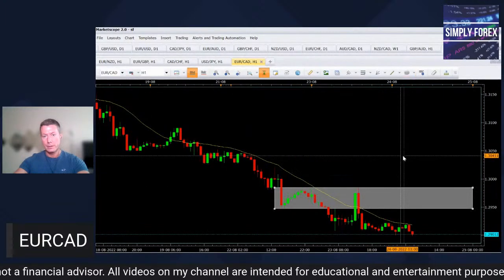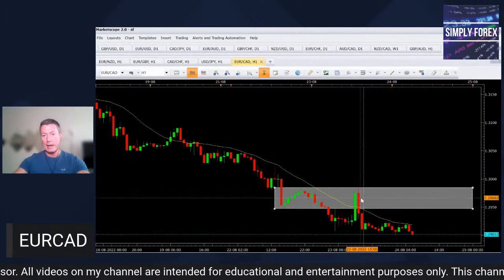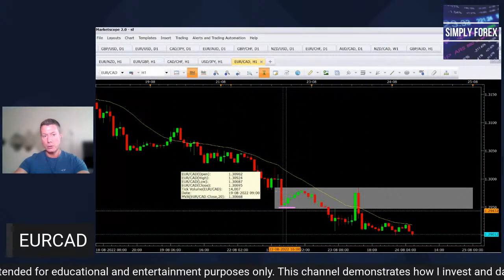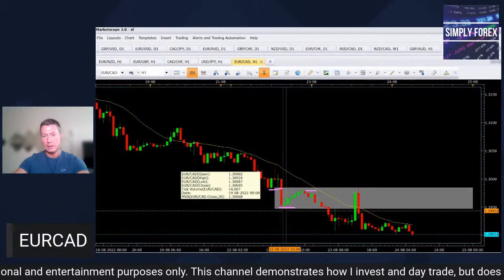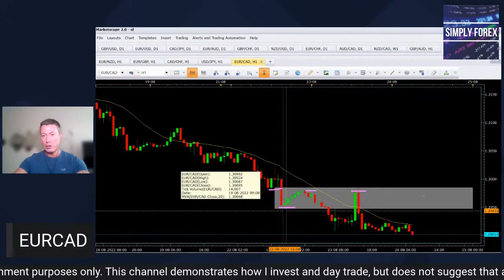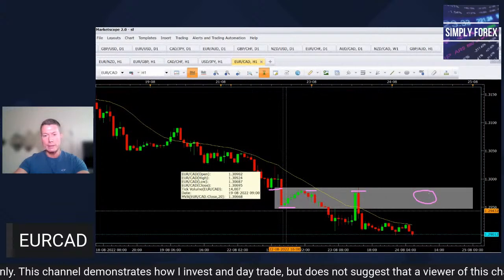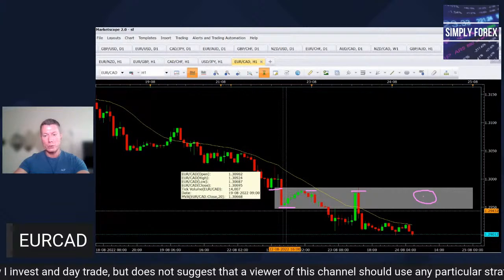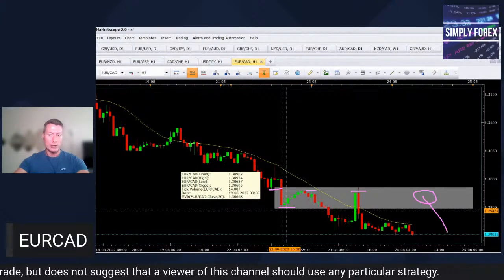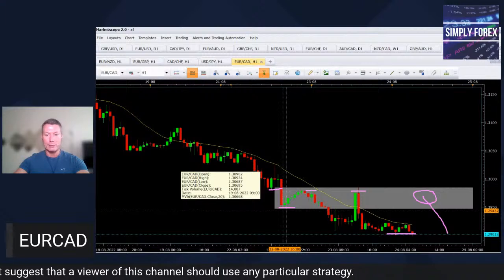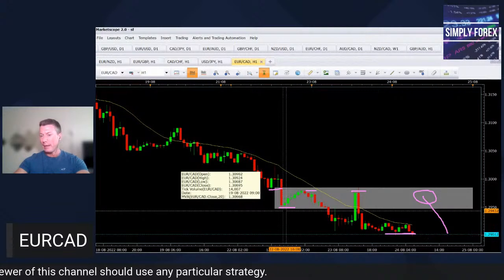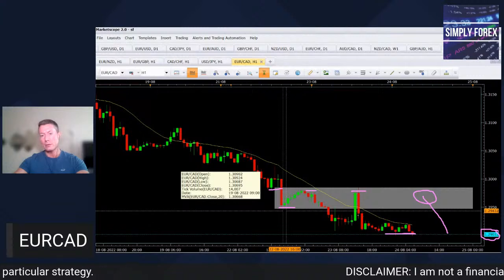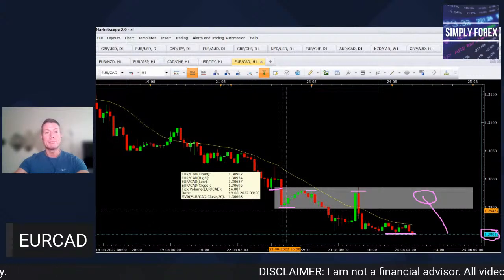Okay, if we got a strong enough reaction, yeah, so this corresponds with this low, this last high. If we got a strong enough reaction in this zone, yeah, a really bearish candle, you could potentially take price back down to this 2,900 level. And the fact that it's at this 2,900 level makes me dislike it as well. Let's not trade this pair.